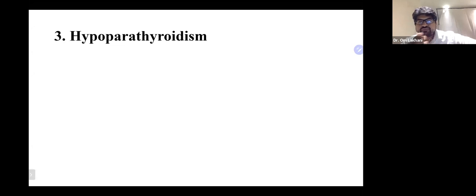Hypoparathyroidism. In fact, I think Dhiren knows this, and we talked about this to a lot of companies who manufacture this drug. Endocrinologists use this off-label for hypoparathyroidism. My friend, Dr. Shrikant Somani, an endocrinologist from Ahmedabad, has a paper on this, the use of teriparatide in hypoparathyroidism. You can look it up. Remember, in hypoparathyroidism, patients basically don't have PTH. So just like in type 1 diabetes with insulin deficiency you use insulin, and in patients with hypothyroidism we use Eltroxin, in the same way, in a patient with hypoparathyroidism, we use PTH.